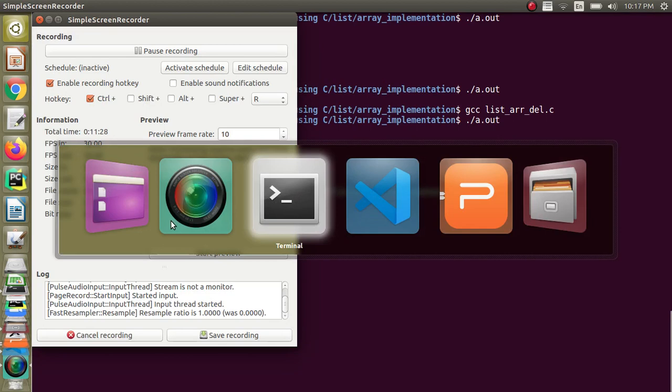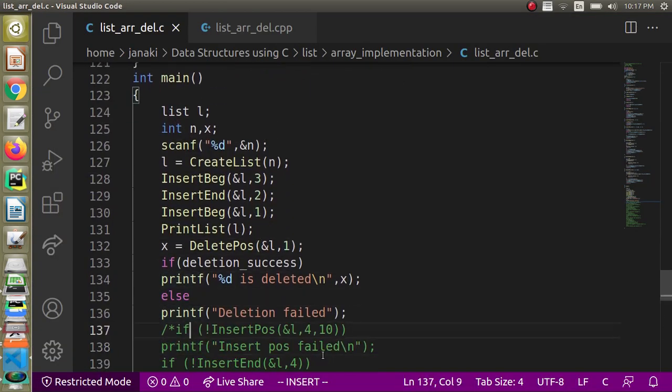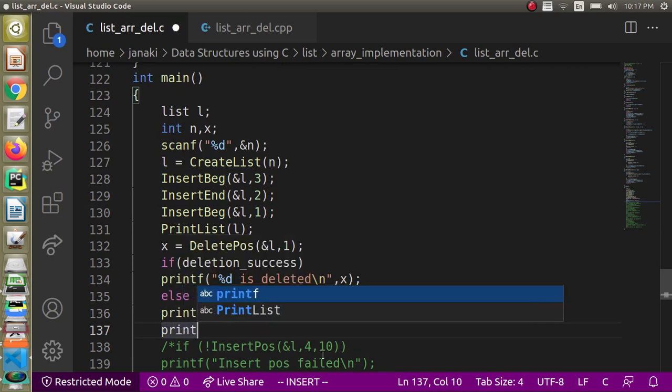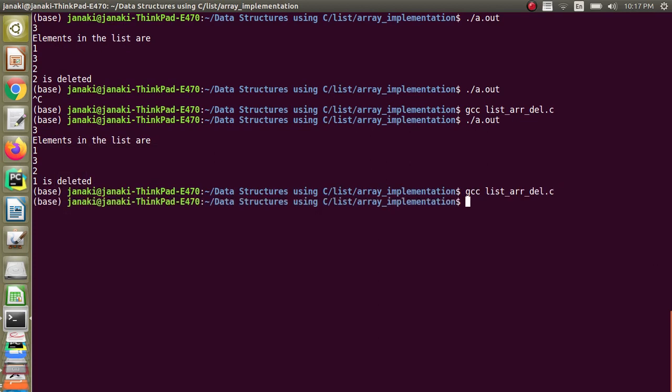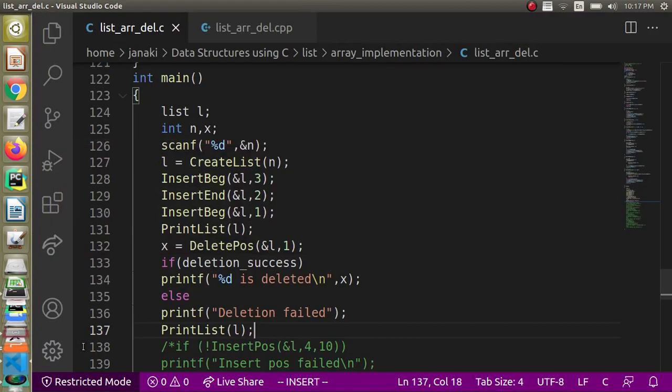One more thing now we will do, we will add print list also, so that we are able to see the elements after deletion. Yes, you can see 1 is deleted and the remaining elements are 3 and 2.